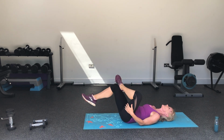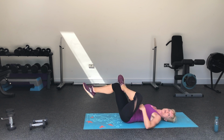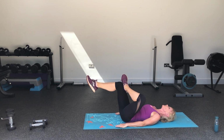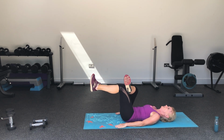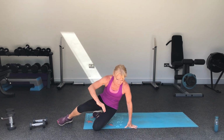Lovely. Okay, glute stretch. You can turn over and do a pigeon if you prefer, if you know what that is. Most of you will, I'm sure. So just push in with the lower leg if you're doing the regular glute stretch with me. Same thing on the other side. Good. And then we'll come up nice and slowly up to standing